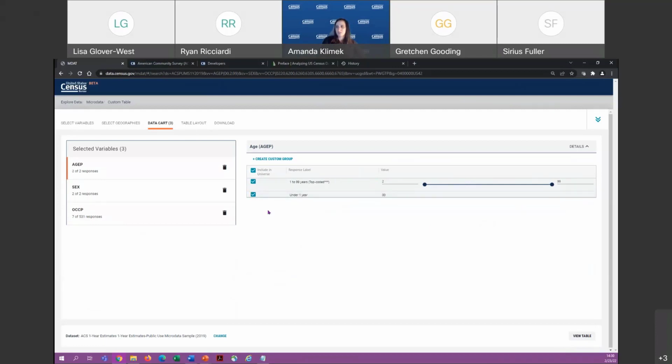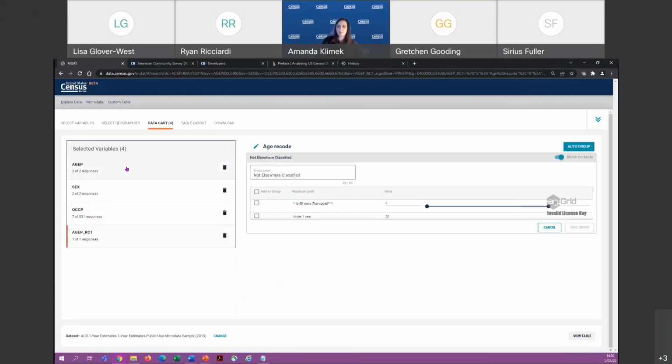So I'm going to put everything back in the universe here. I'm going to click Create Custom Group, and as you can see, that adds this new code down here, this age recode. We're going to create the same category we did before.